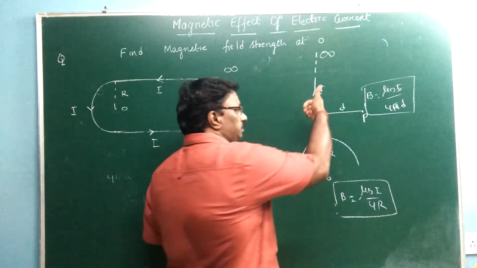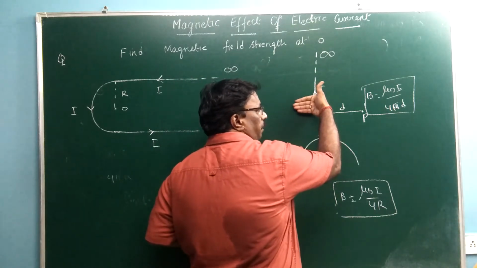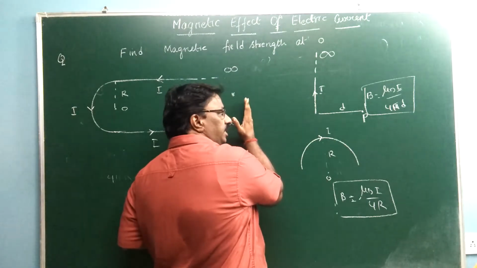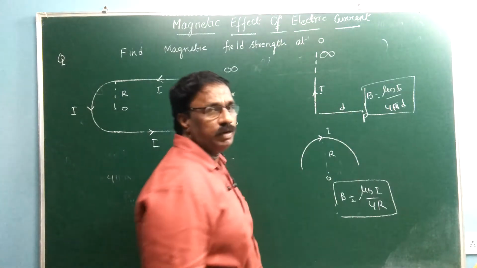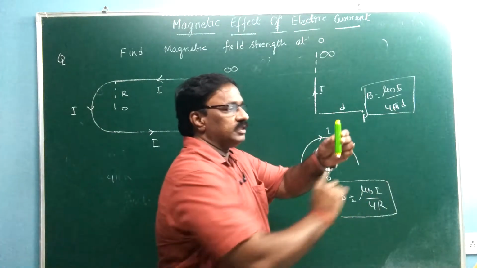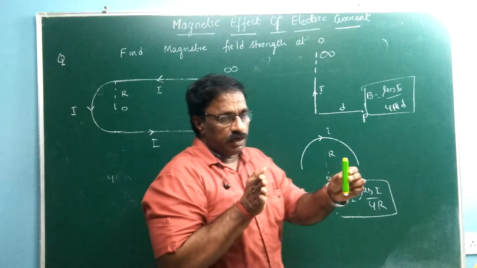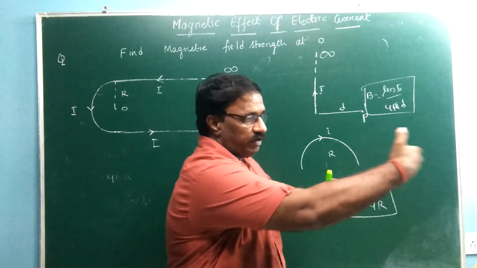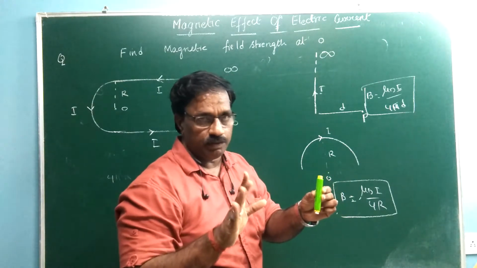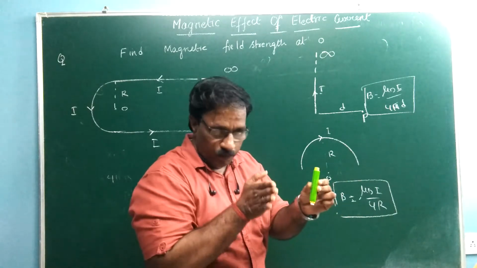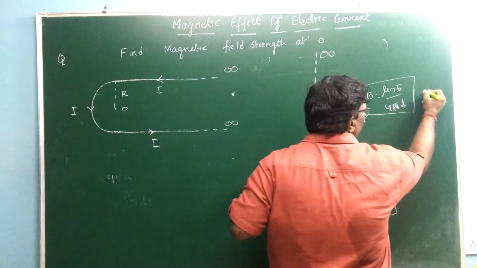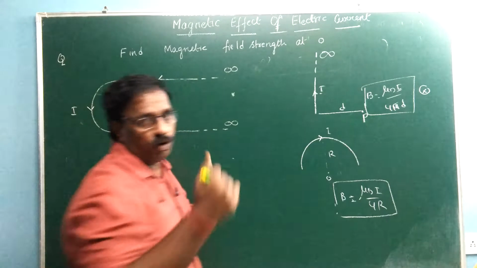And how to give direction? Like this, if we keep these fingers, it always indicates out, and on this side it is into. What do you mean by that? Lines of force are going inside and coming outside. Here it is coming towards you, there it is going away from you. That's why we call that side into and this side out. Out means towards you, into means away from you. So here the field is into. If I calculate on this side, it becomes out.